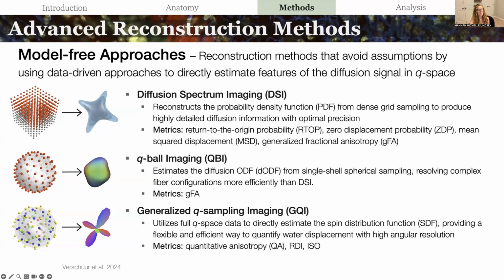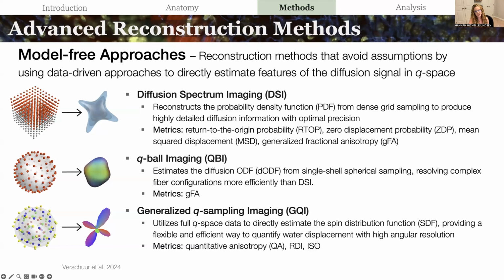Although DSI produces exquisite diffusion data, the extensive and demanding acquisition protocol really limits its feasibility for use in clinical populations. Q-ball imaging is an alternative model-free method that improves upon DSI by simplifying data acquisition and reconstruction and making it more practical for routine use. It relies on a single shell spherical Hardy sampling scheme, and it's 2 to 3 times faster and much less